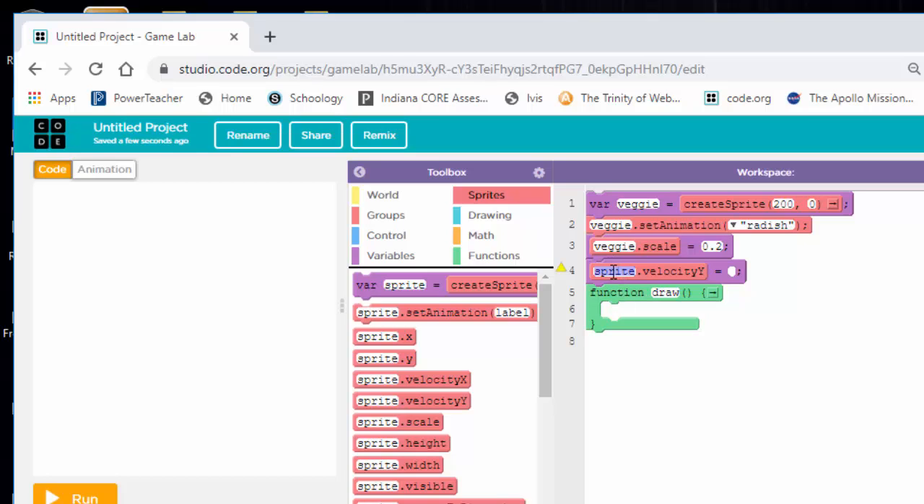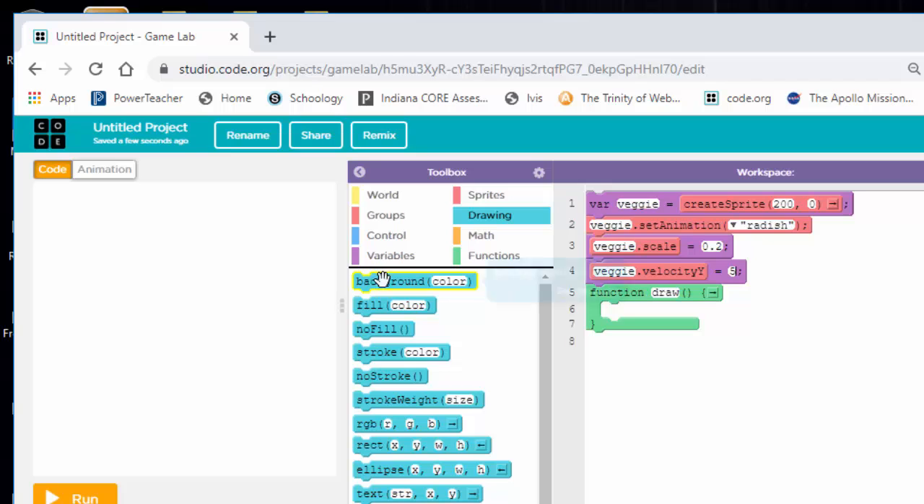And then for the velocity, this is going to be veggie, and I just want it to fall down. It's a velocity y, so I'm going to set it at 5. The higher the number, the faster it goes. All right, so that's all set up outside the draw loop, outside the draw function. Now we go to work inside the draw function, and that's where the meat of the program is going to happen. First of all, let's set a background color in here, and I'm going to use light blue on mine,